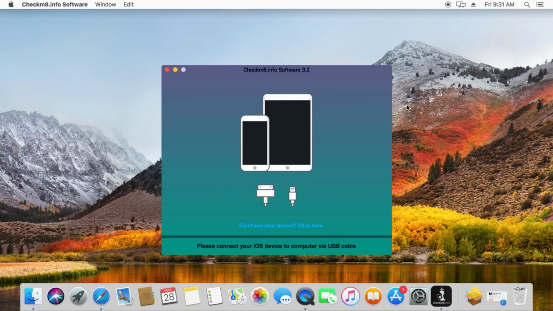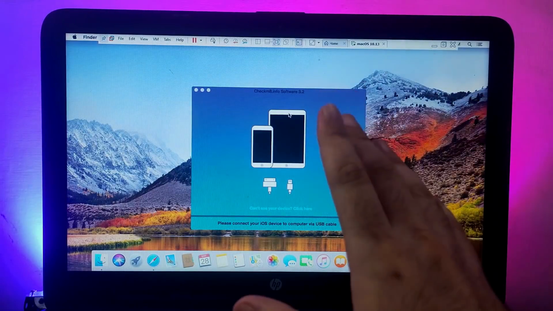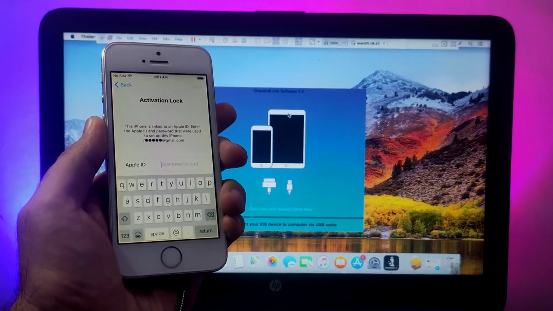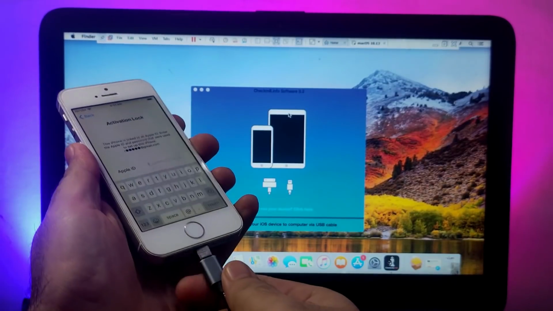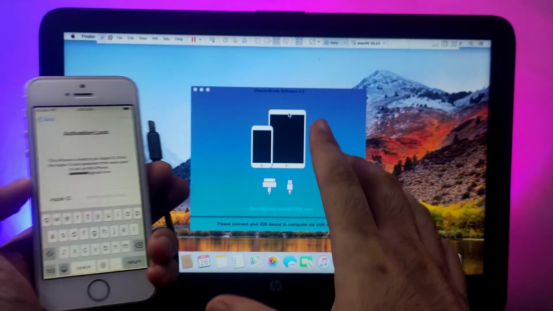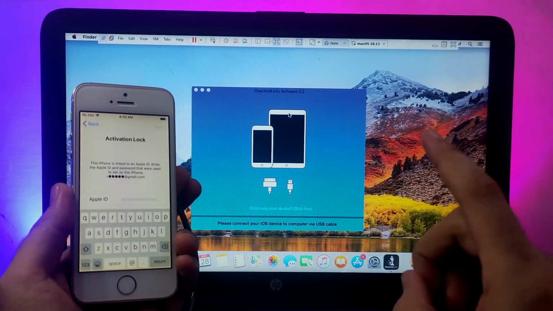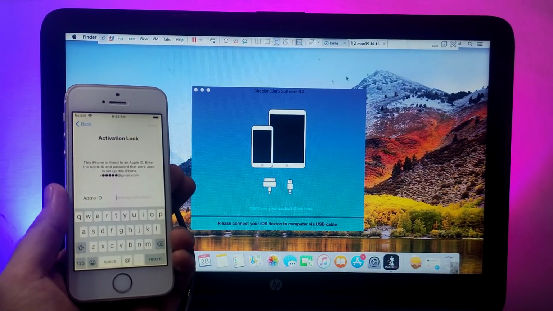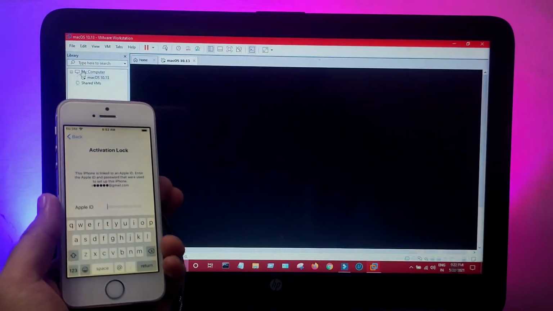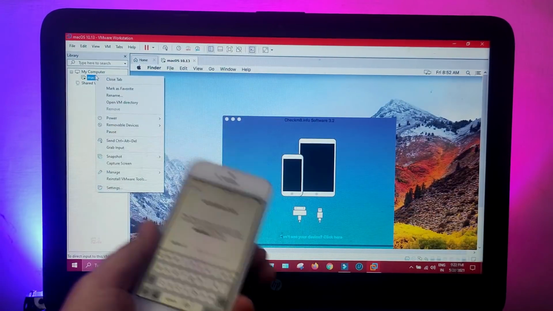Now the application is installed. Now in order to connect your device through the virtual machine, you need to follow some important steps. I will show you how you can connect the device successfully. First you need to allow some settings in your virtual machine. If you followed my previous video, in that I have already shown how you can connect that, and you have to change the USB setting.